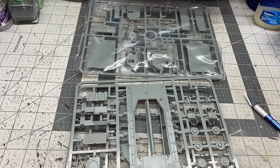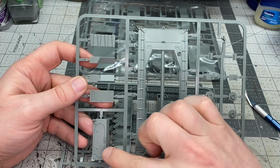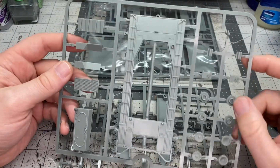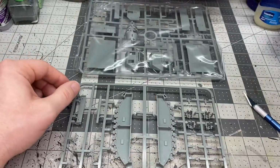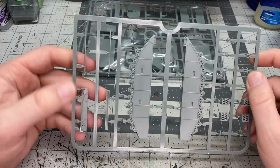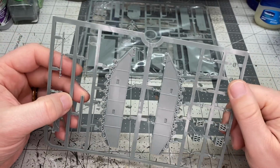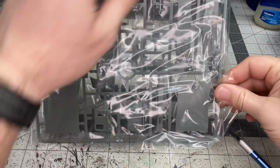So with our next sprue here, we've got our upper deck. Looks like we've got some of our hatch covers, vents, as well as some of our running gear here, a few other miscellaneous details. And on this sprue here, we've got our track sides, we've got our road wheels molded on, some hand railings, other various details and things, grabs, cleats, dogs, all that stuff. And then